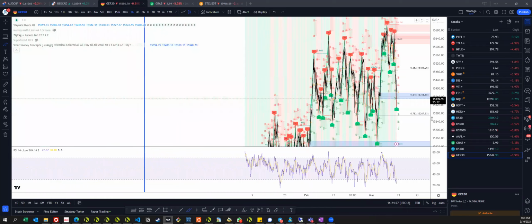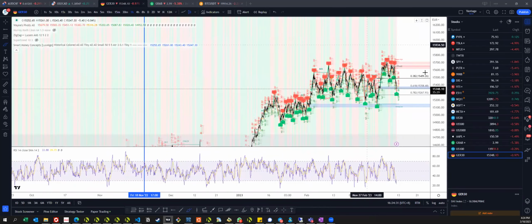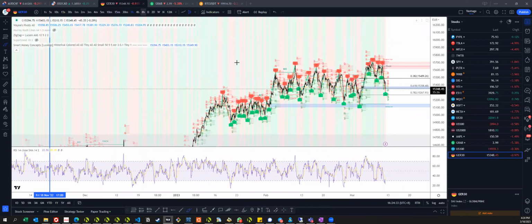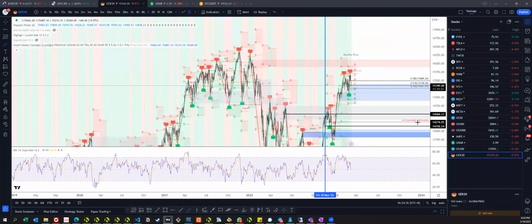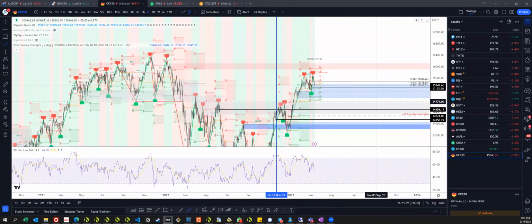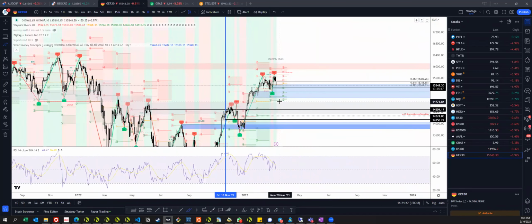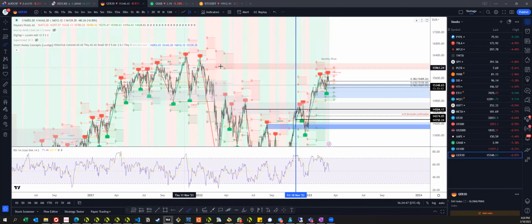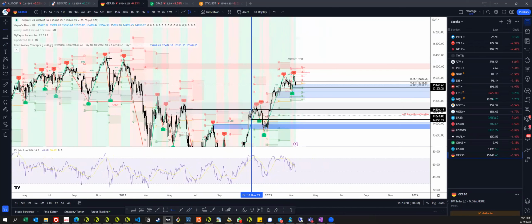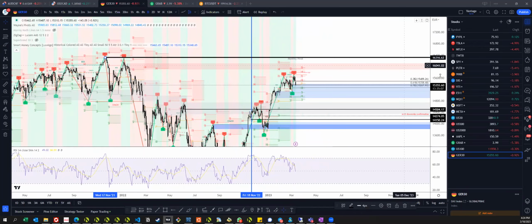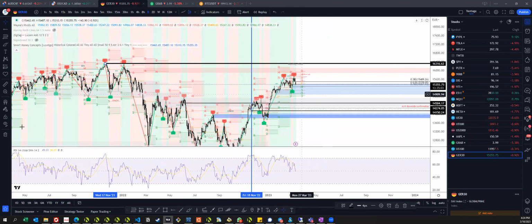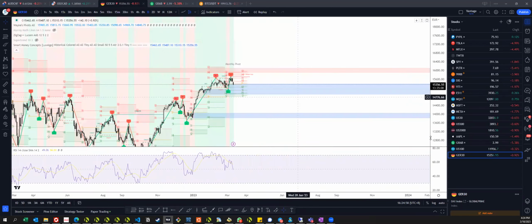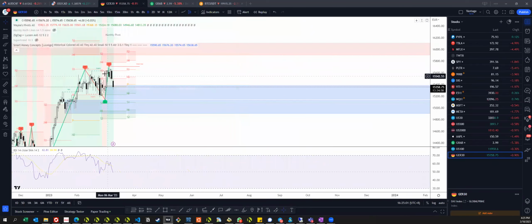That's the same for almost every index. What is different between this index and the S&P 500 is that there is a chance to form a double top here. If you follow the SMC concepts, whenever you form some sort of equal high, something like that,